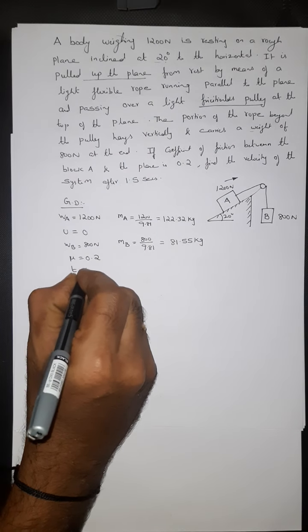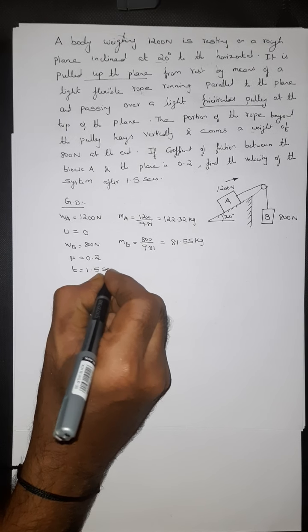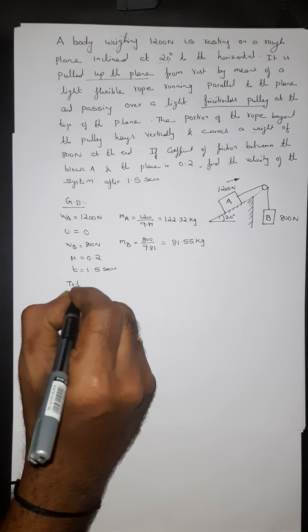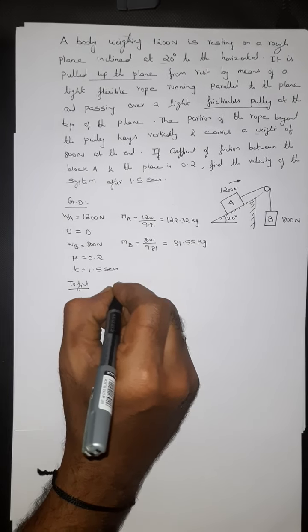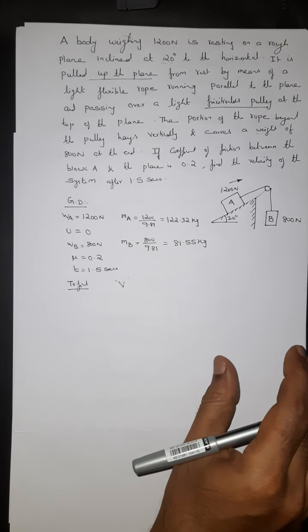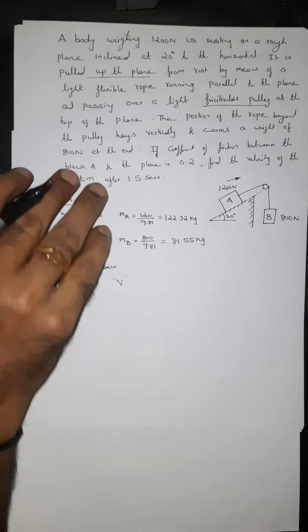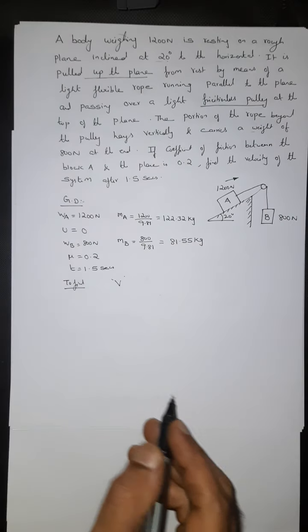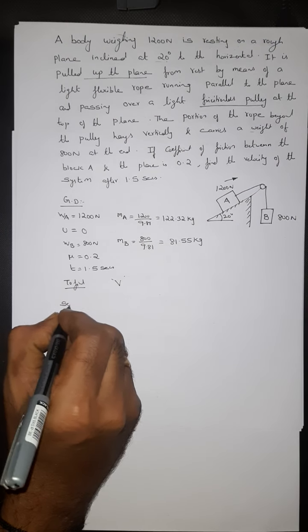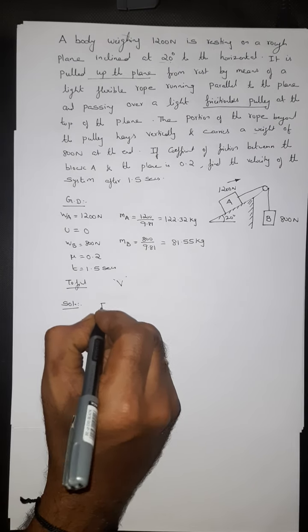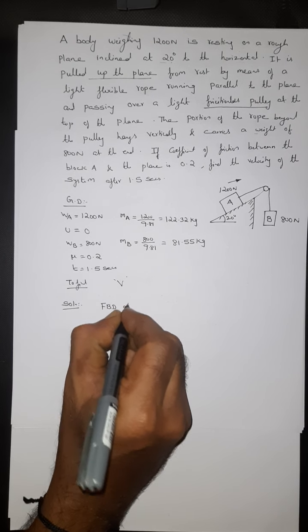So t equals 1.5 seconds, to find the velocity. To find the velocity of the system, let me draw the free body diagram of